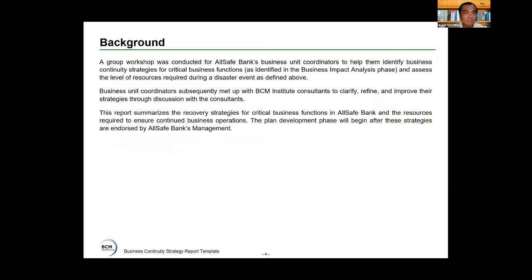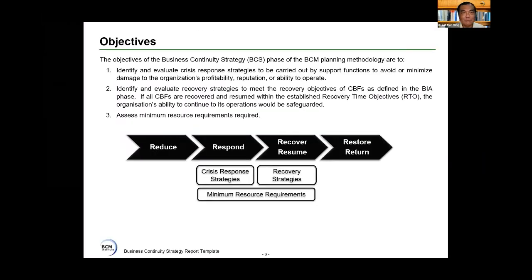Okay, so same thing, background. What's the scope? This one is very important because I put this here because in ISO 22301, you've got to do these three things. So I leave it up to you to amend it. Remember, this report is kept for a long time, and whenever you're being audited, bring out these few reports. Because the auditors will say, I disagree with you.